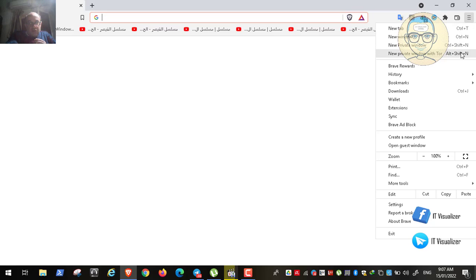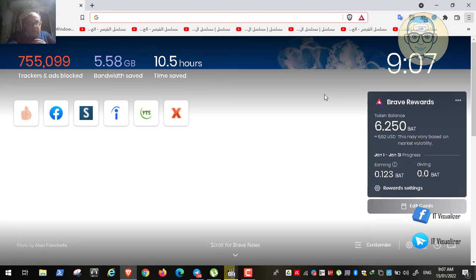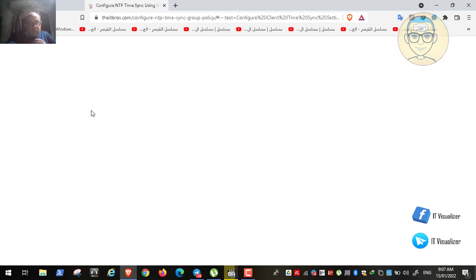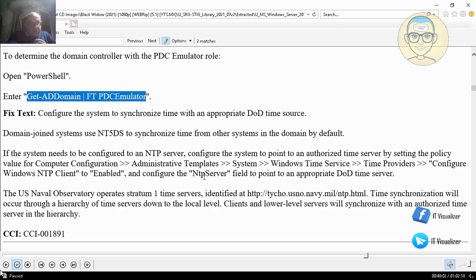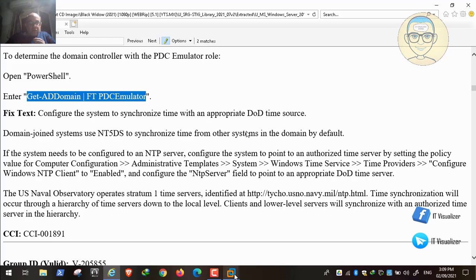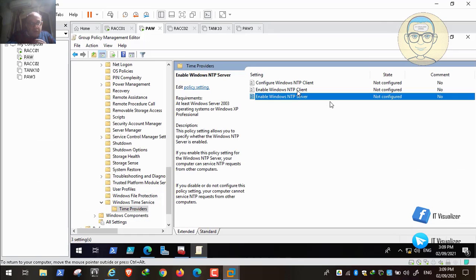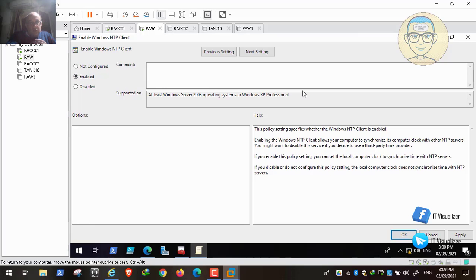Let's go there, history. So we need to enable these three. We enable this one, and with this one we will tell it to point to an external time server. So let's see how this can be done. We will go and tell it to enable the three. So we'll enable client, and also we need to enable